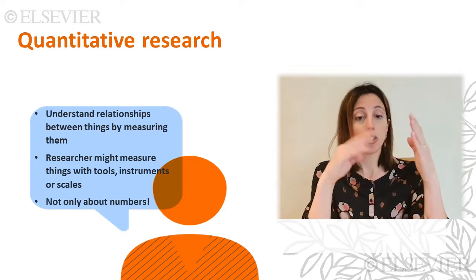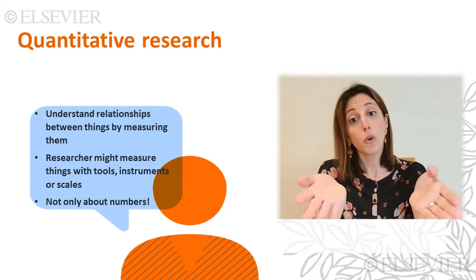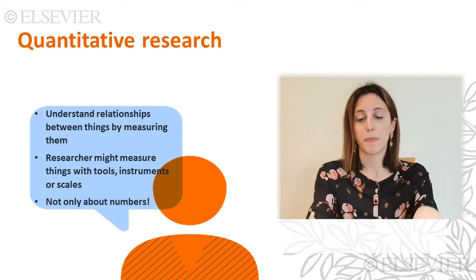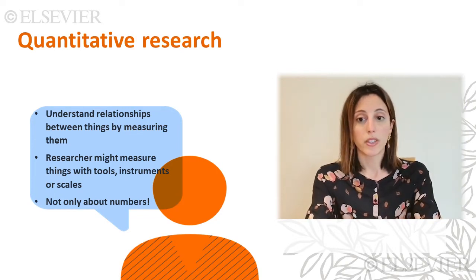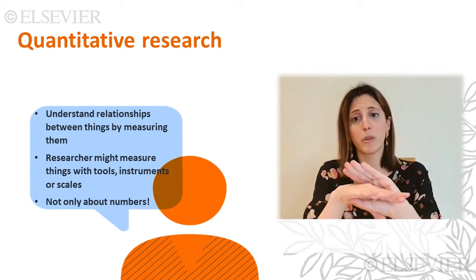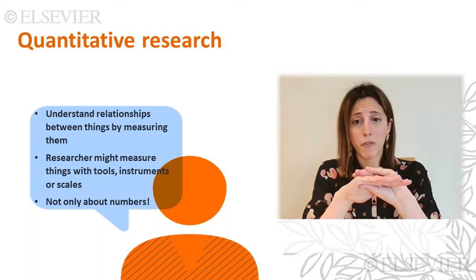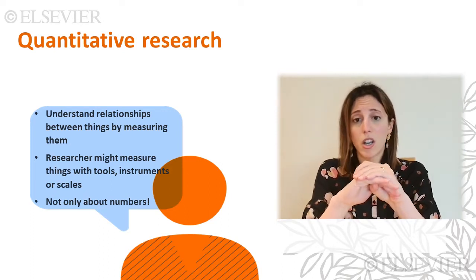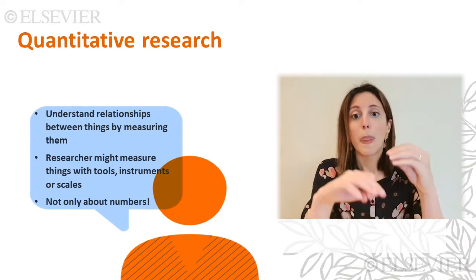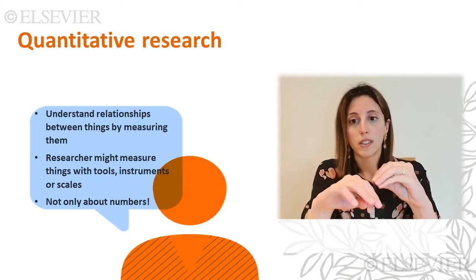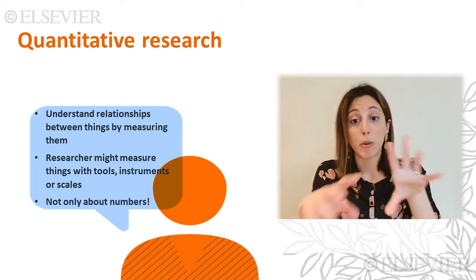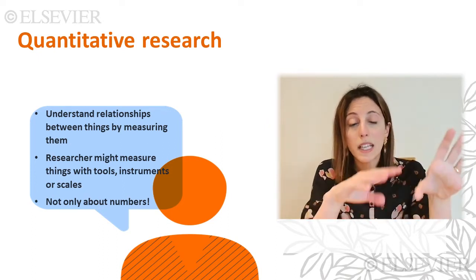To do that, a researcher would measure the anxiety levels with a tool, a scale, or something that allows caregivers to give a score of their anxiety. A very simplistic way of describing quantitative research is that it deals with numbers, but be very careful because it's not really the main focus of quantitative research. While it's true that a lot of quantitative research deals with numbers and statistics, the main aspect of quantitative research, the main feature, is that it tries to measure something and to establish relationships between the things that the study